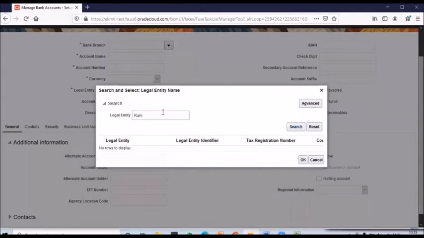See, I'm not able to see my legal entity here. It is not visible. But still, we have the legal entity. Already we created the legal entity, but you're not able to see that.